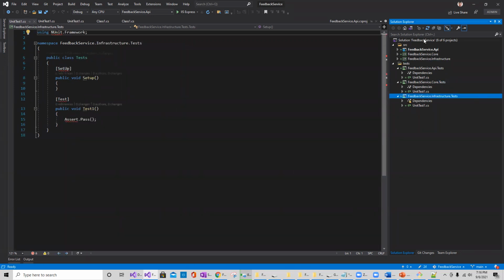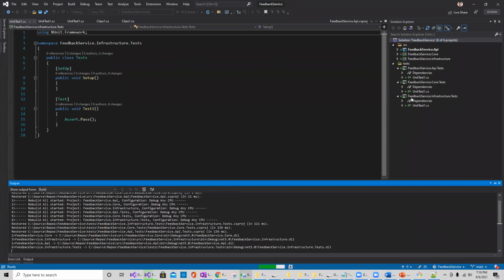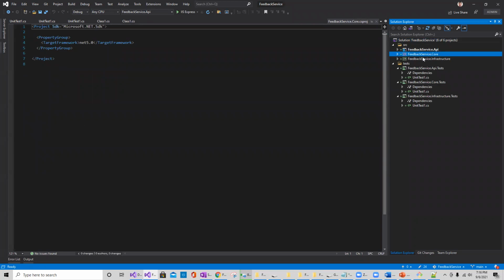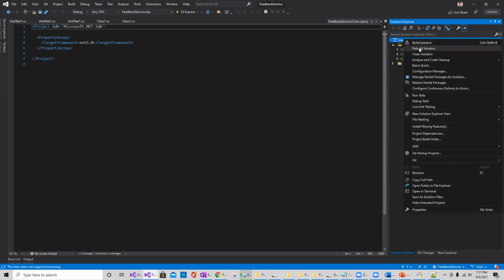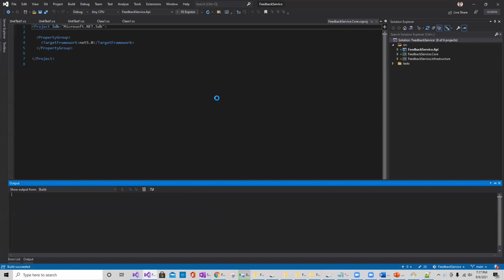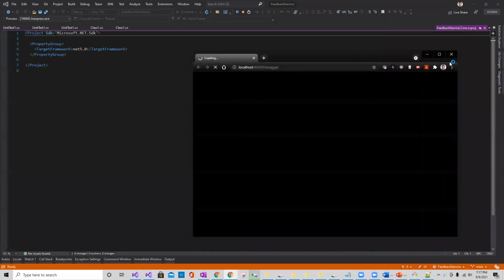So this is how the folder structure looks. We are going to add more projects, for example, the ARM templates and also the performance testing infrastructure for the functional testing. I'll discuss those things, but at the bare minimum, we need these many projects for source code and the API and the test cases. So let me build and then run again, make sure that I'm still able to browse the API, which is